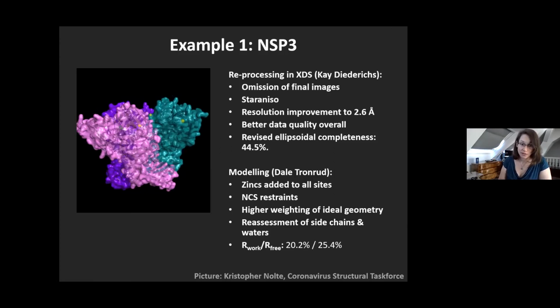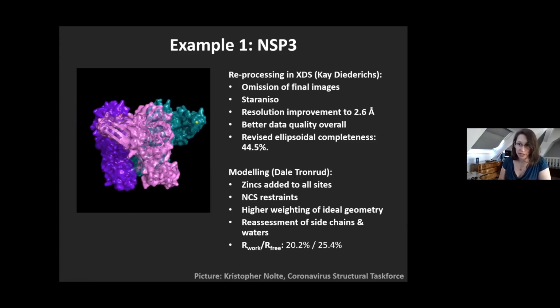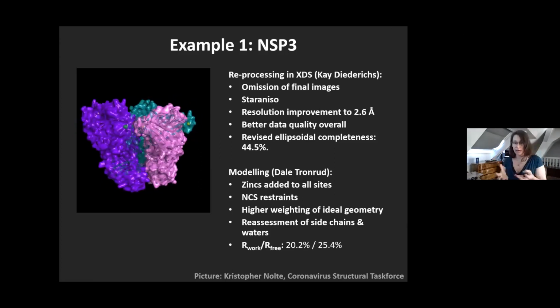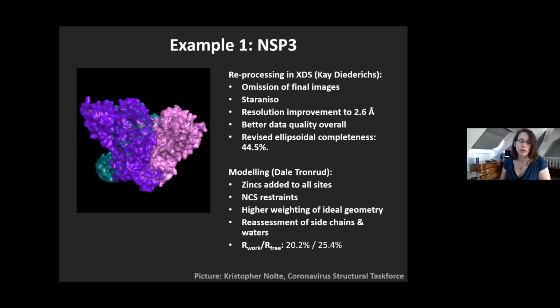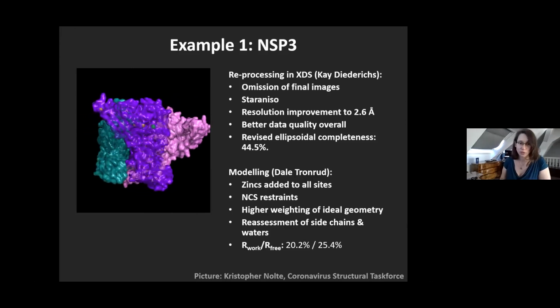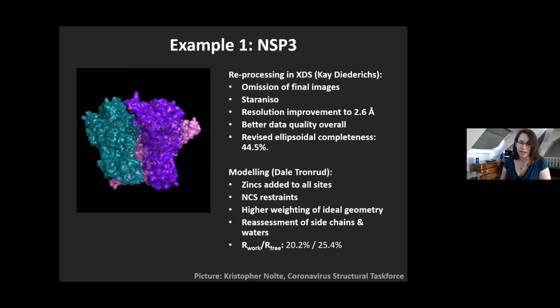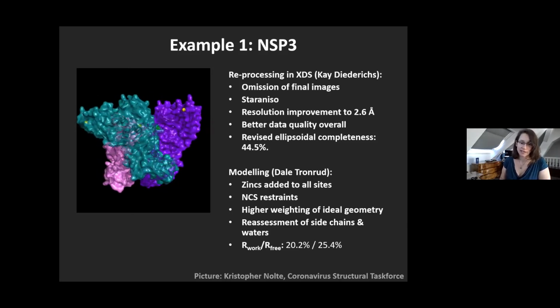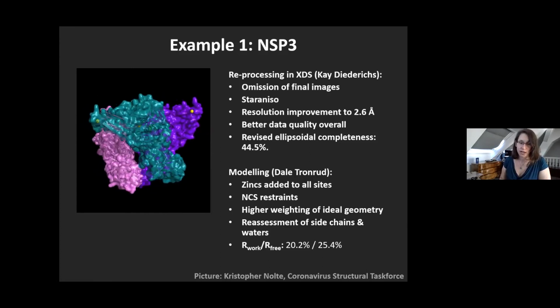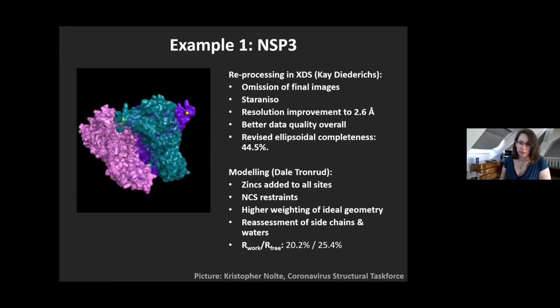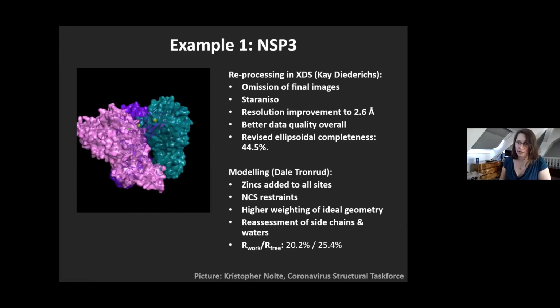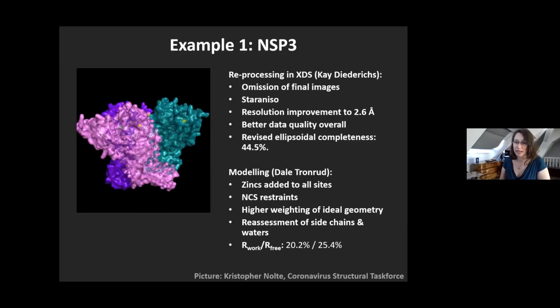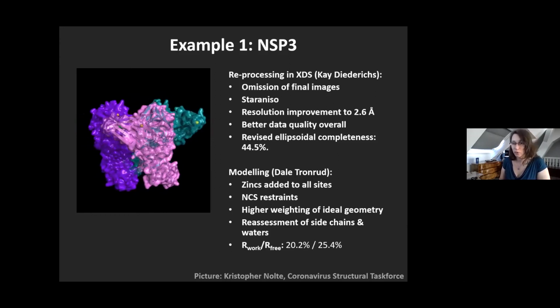He added zincs to all sides. He restrained them properly to be correct in their coordination geometry, used NCS restraints between the 3 copies, and a higher weighting of the ideal geometry in the face of the low completeness, reassessed the side chains and the waters, and hence dropped R3 from 30% to 25%. So that's a 5% R value improvement and a much better view on the zinc sites,